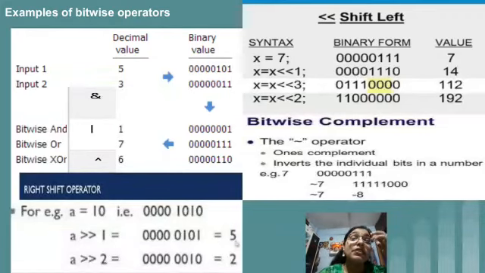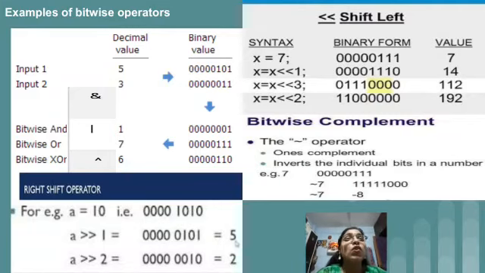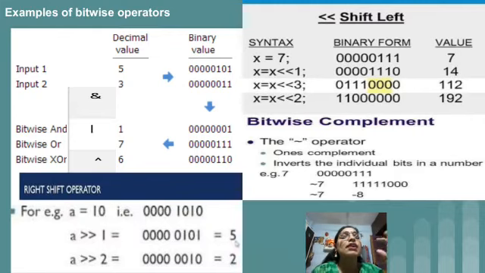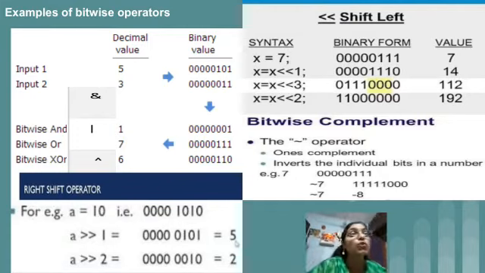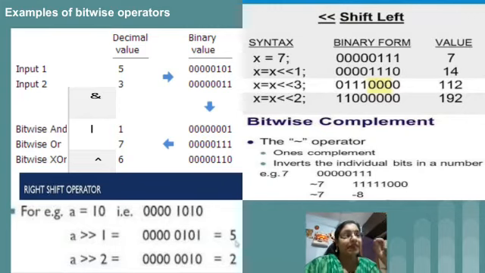First I have given the examples of bitwise AND, OR and XOR. The input we have taken is 5 and 3. The first step the interpreter will do is convert the decimal values into binary. So 5 is converted to binary, and 3 is converted to its respective binary value. Then we have bitwise AND, which is similar to the logical AND.